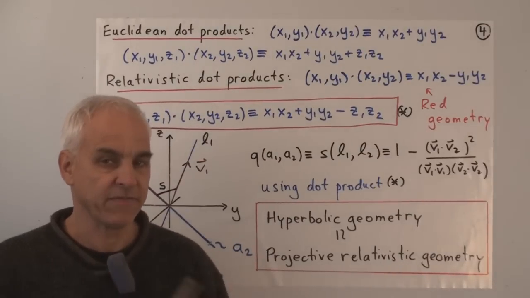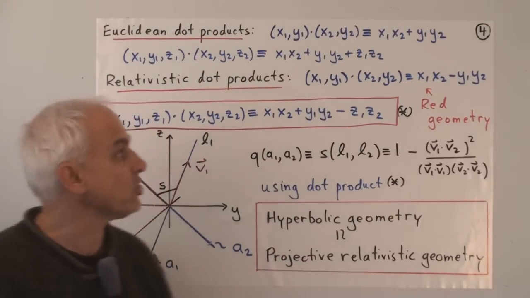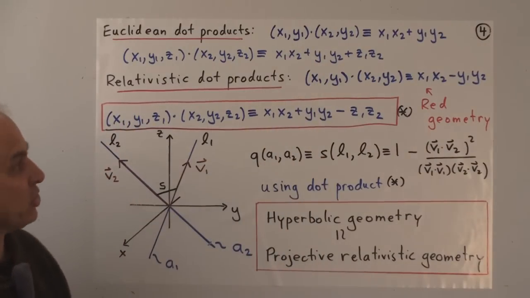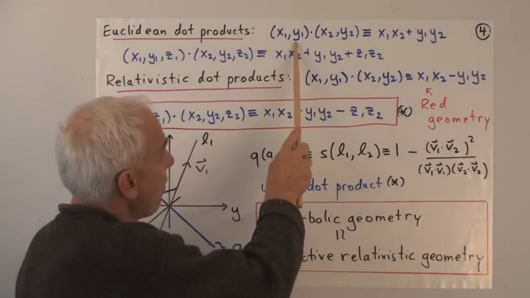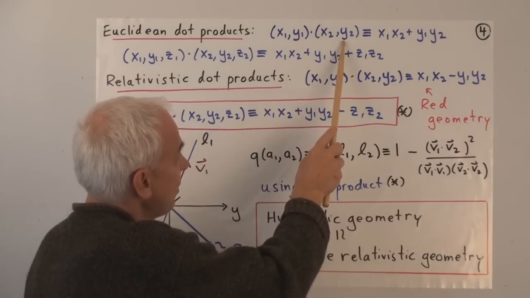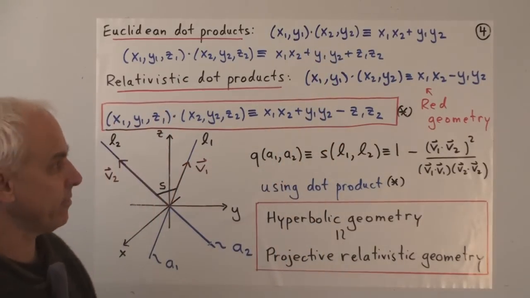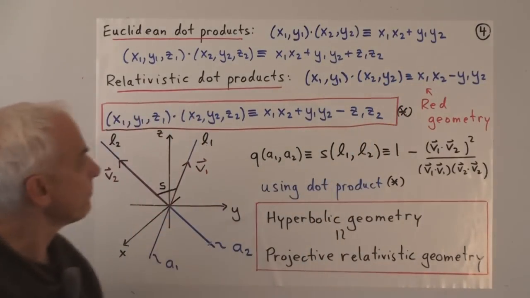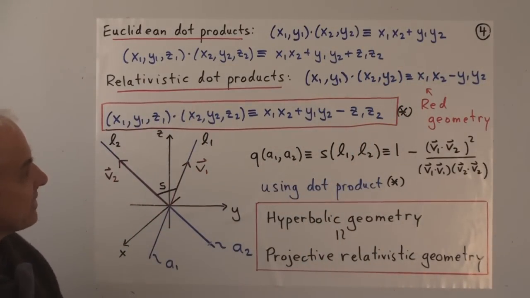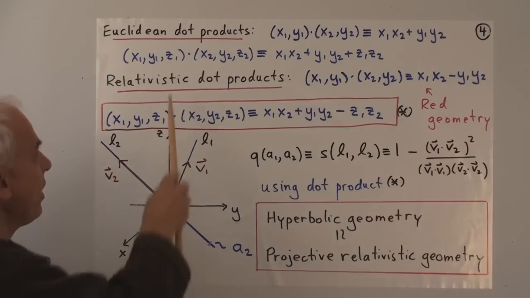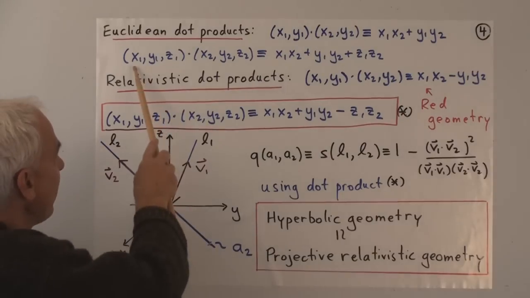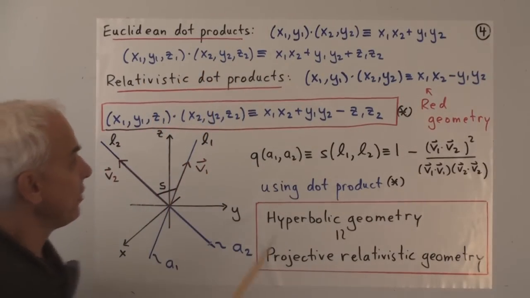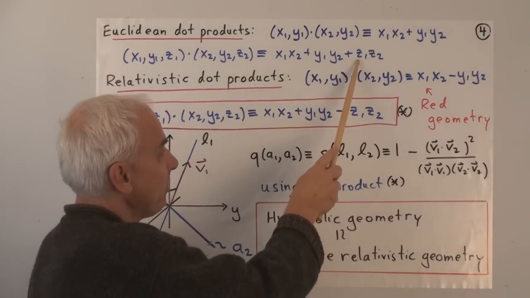So without going into precise definitions here, because I just want to give you a general orientation, here is the familiar dot product in the ordinary two-dimensional plane. If you have one vector x1, y1, another vector x2, y2, then the dot product between them is a number. And it's the number x1 x2 plus y1 y2. You can extend that dot product to one in 3 dimensions. So if you have 2 vectors x1, y1, z1 and x2, y2, z2, you can define the dot product between them to be x1 x2 plus y1 y2 plus z1 z2.